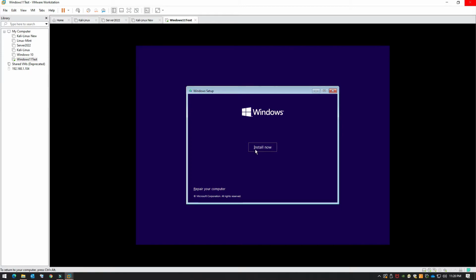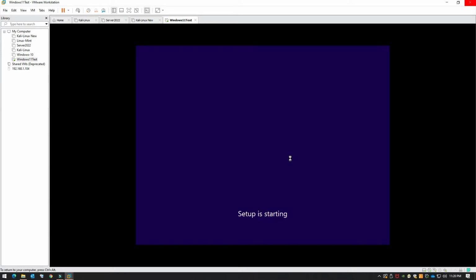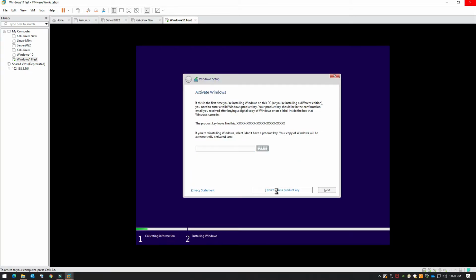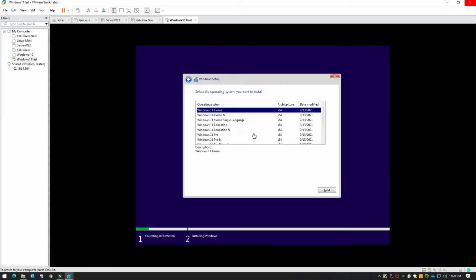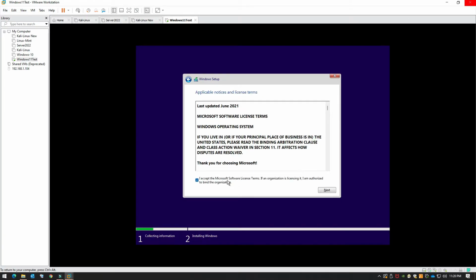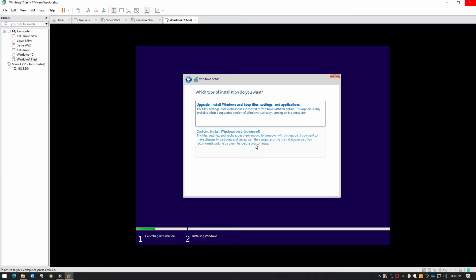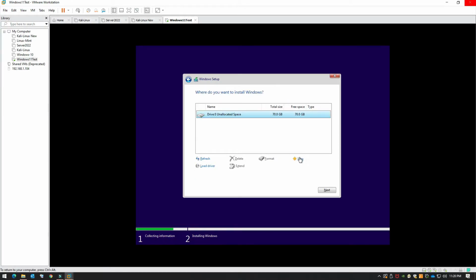Okay, next, install now. I don't have a product key, and I will be selecting the same Windows 11 Pro for workstations. And there you go. It successfully passed through all the checks,